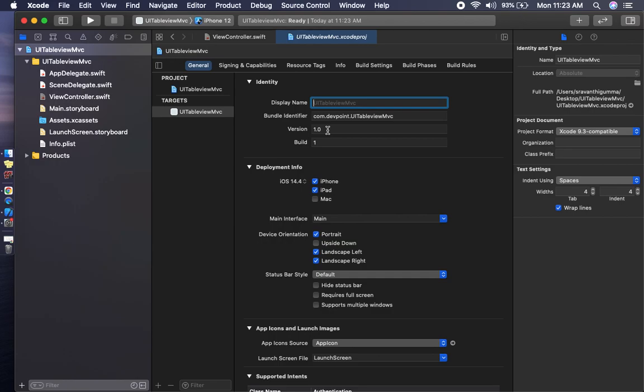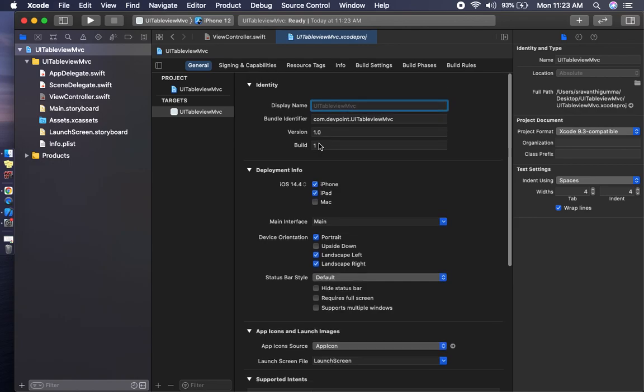In the version we can use 1.1, 1.2, 1.3 up to 1.9, or 1.12. But build means, suppose we submitted the app to the App Store as one version, so we give build 1. When we move to the next build, when we are archiving the project, we have to change the build to 2. So this is about the identity.